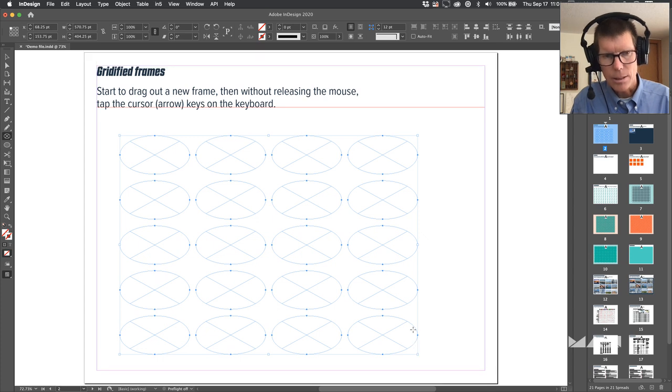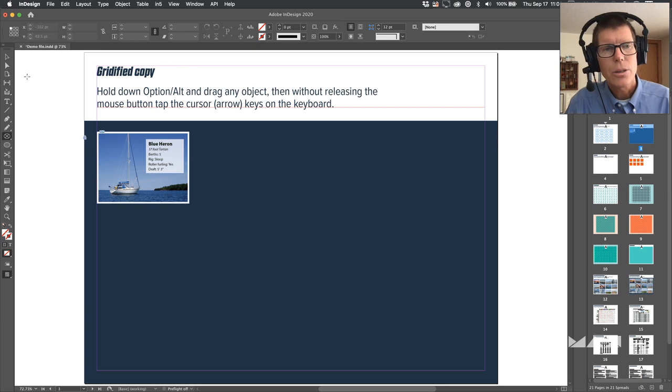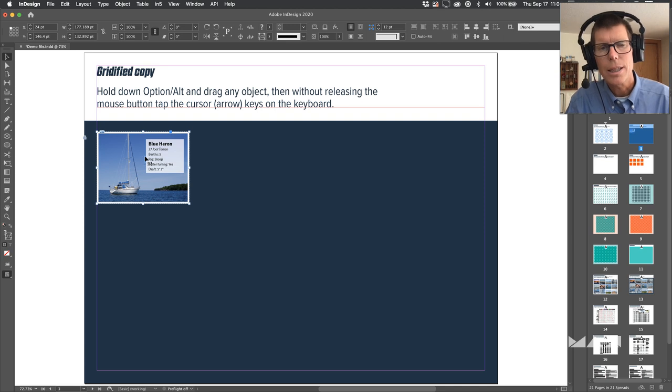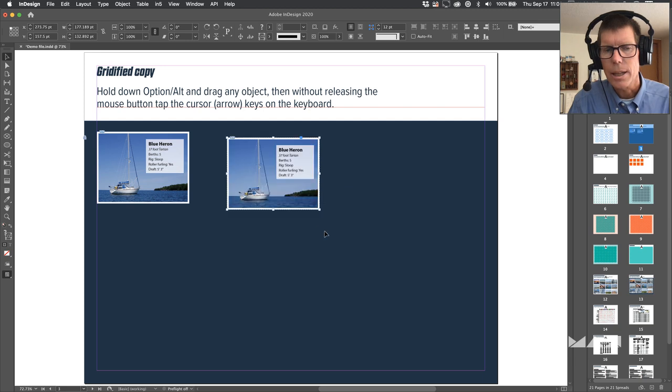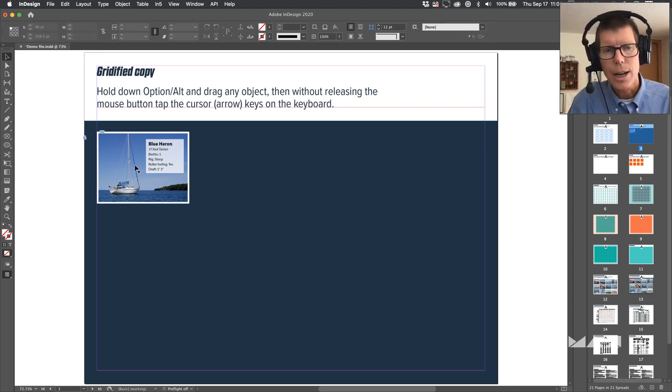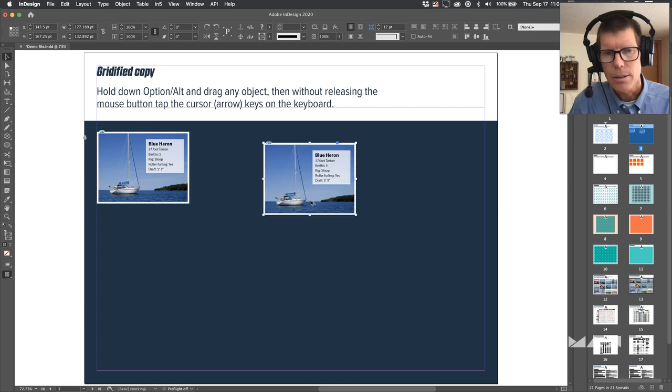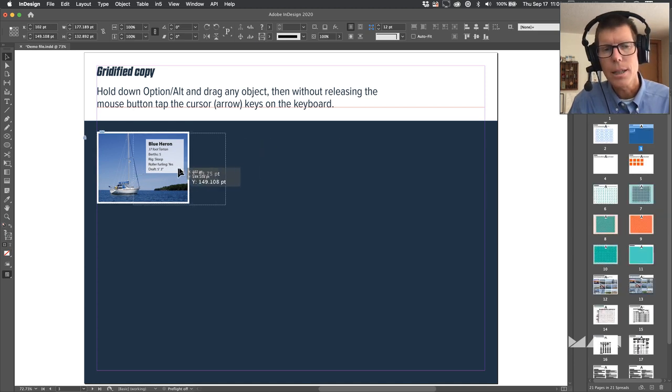Now we'll come back to that in a little bit and see another application of that. But I want to show you here how to apply the same idea to duplicate existing artwork. So here I've got a group of some InDesign objects. And you guys know that I can Option or Alt drag to duplicate any InDesign object, right? That also works in Illustrator. And furthermore, I can either hold down Option or Alt first and then drag, or I can begin to drag and then add Option or Alt.